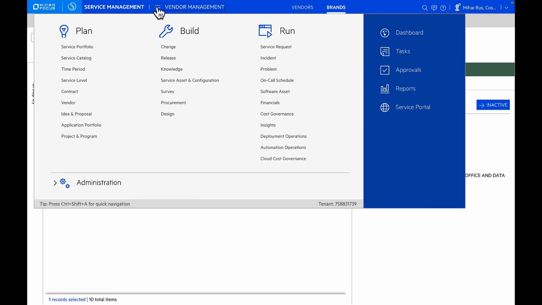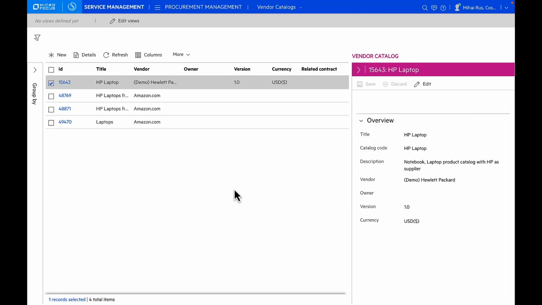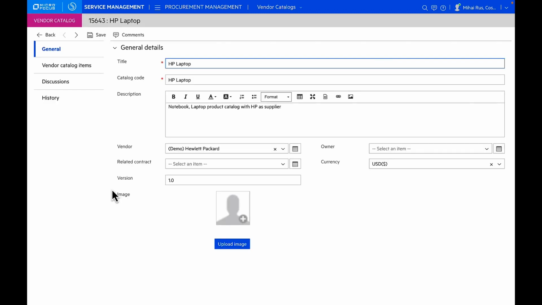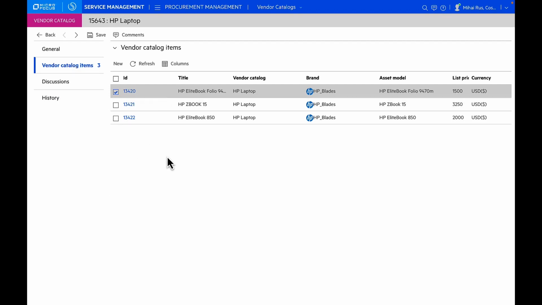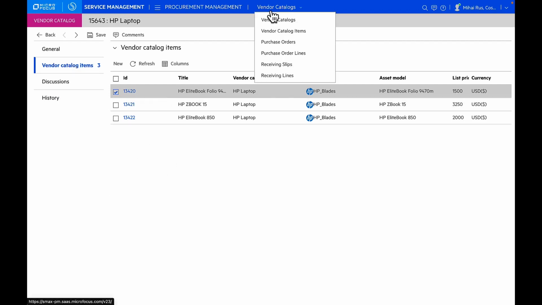Now that we have looked into asset lifecycle management, contract management, and vendor management, one of the very important modules of Asset Management X is procurement. The procurement module helps efficiently track and manage IT purchase decisions. Asset Management X helps facilitate asset lifecycle decisions with an integrated procurement module. Say from here we can create vendor catalogs, catalog items and publish them as service offerings. One can also manage purchase orders and purchase order lines through here.